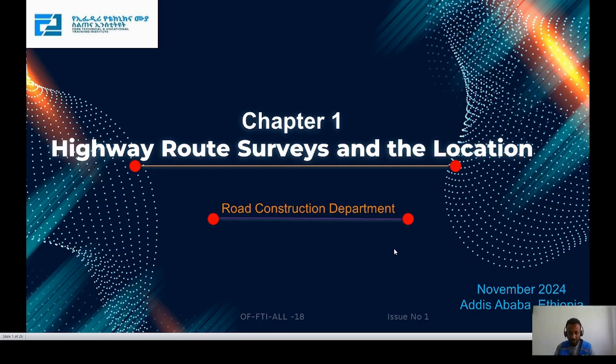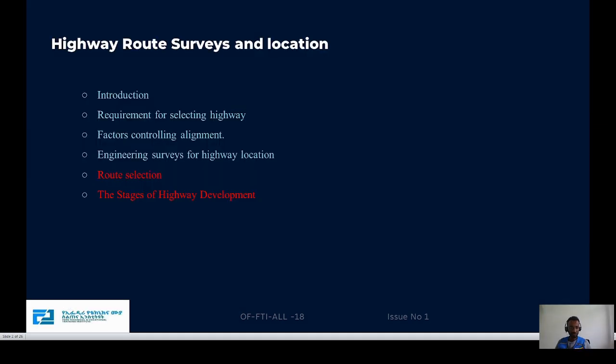I'm here to present the fourth video lecture from chapter 1. Chapter 1 deals with highway route survey and location. In the first videos we dealt with the introduction to highway route survey and location. There is a requirement for selecting highway alignment: it should be easy, short, and economical. Different requirements will also be dealt with, and also the